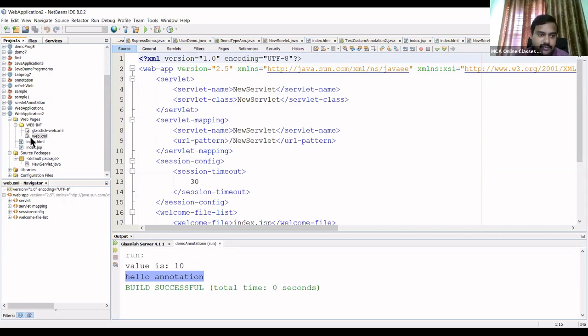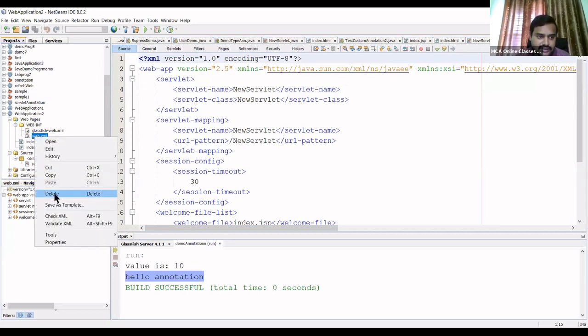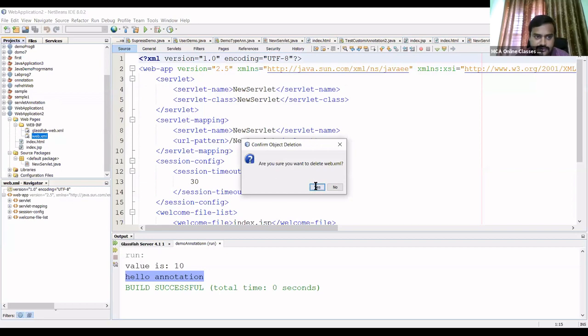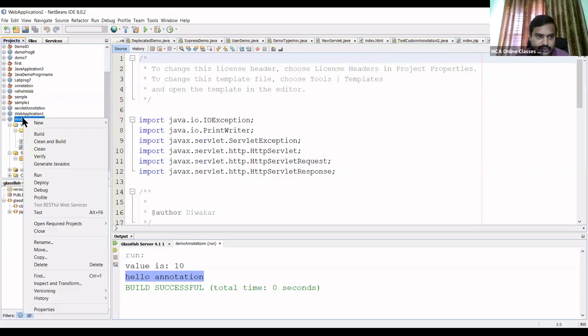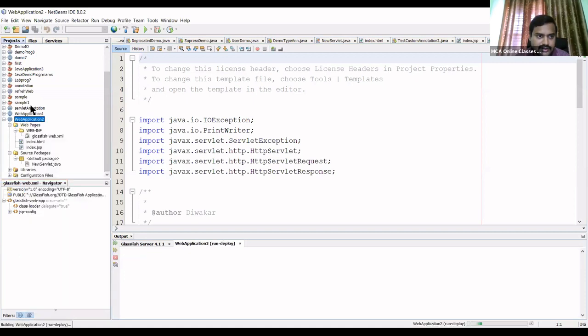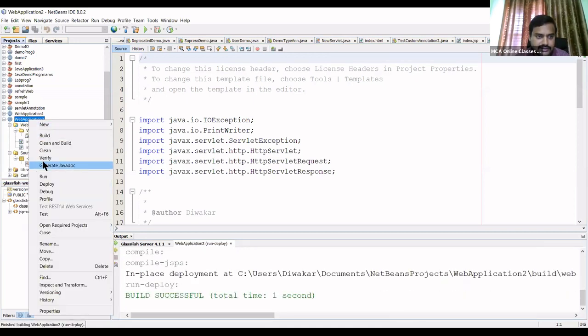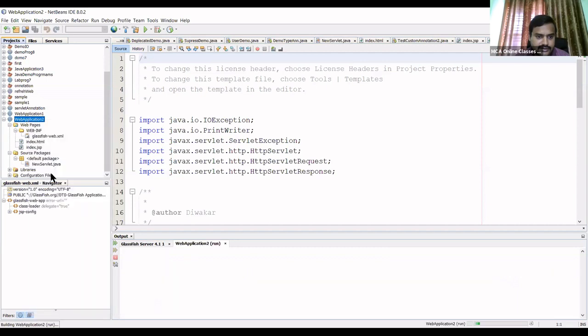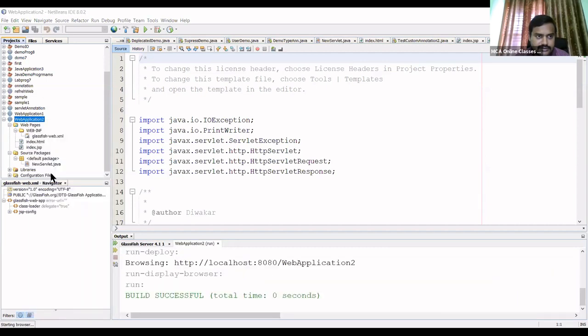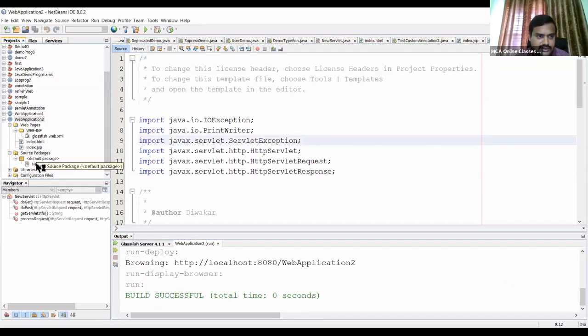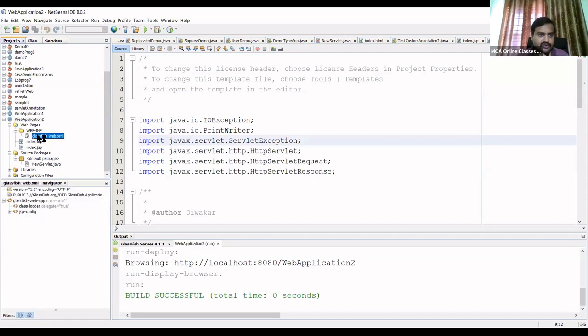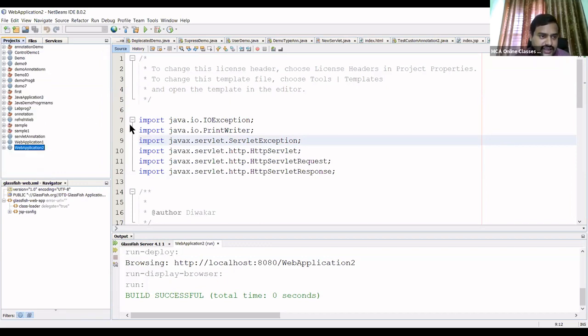If I delete this, suppose I deploy and try to debug and run it, right? Instead of knowing more about this technology, this technology can be replaced by one statement here. I'll just show you.